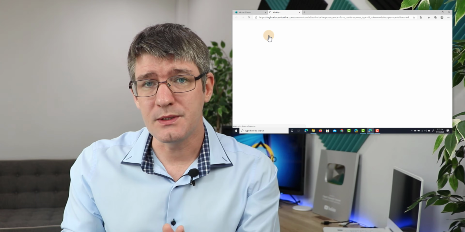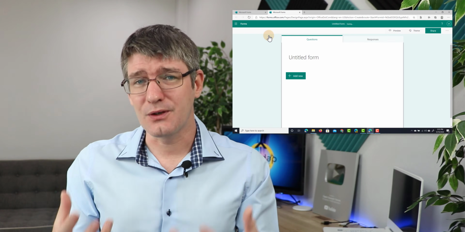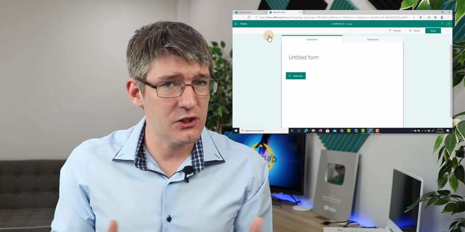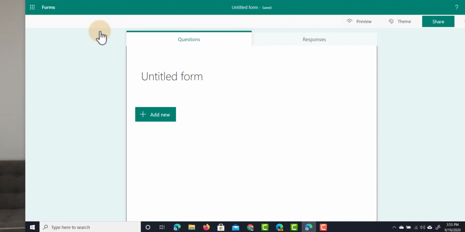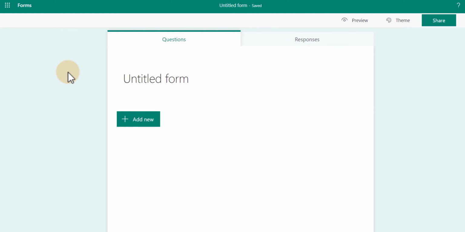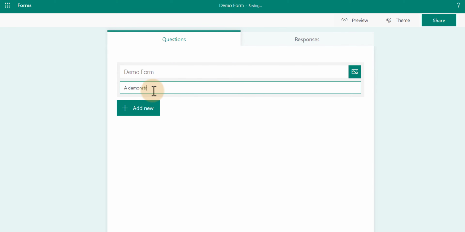This opens up a new tab and we are now in the form editor. Here we can add our questions, we can select which type of question it is, and then we can also choose how to distribute our form. So the first thing I'll do is title my form. I'm going to call this My Demo Form, and then a description is: a demonstration of how to use Microsoft